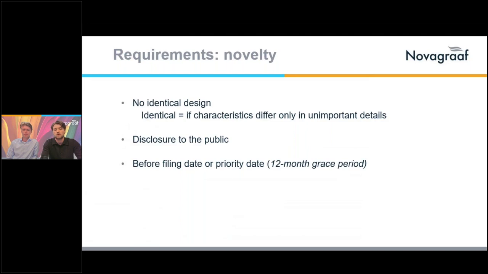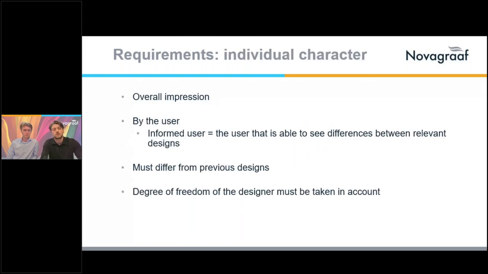And well, the priority date, which is mentioned in the third bullet point, means that when you disclose a new design to the public, you have a 12-month grace period to register a design. And if you fail to do so, your own publication can mean that you do not meet the requirement of novelty. But assuming that you do meet this requirement, you need also to meet the second requirement of individual character,